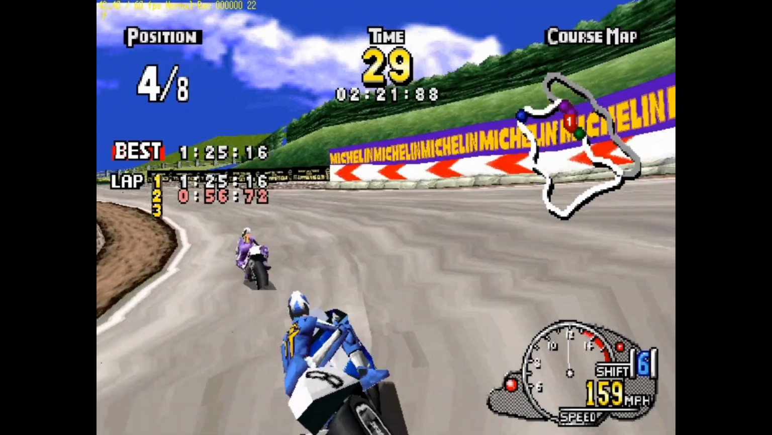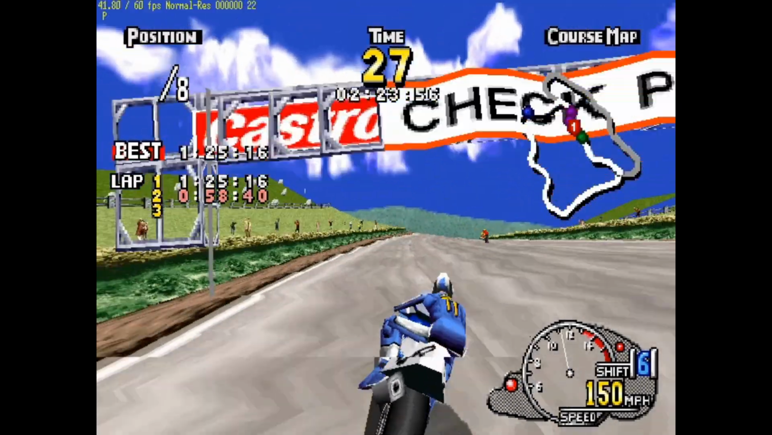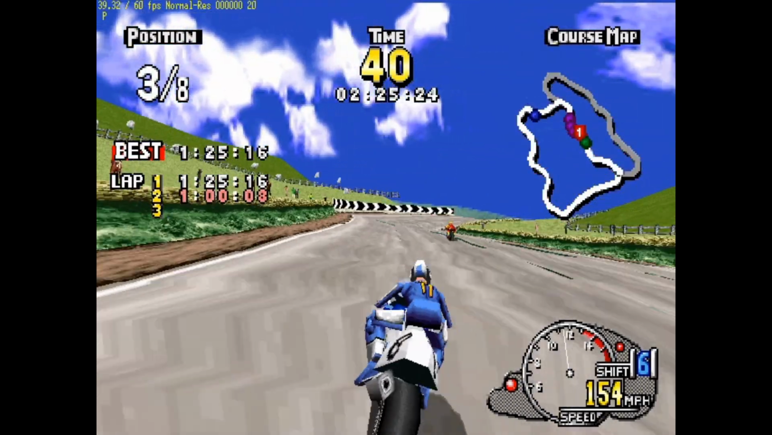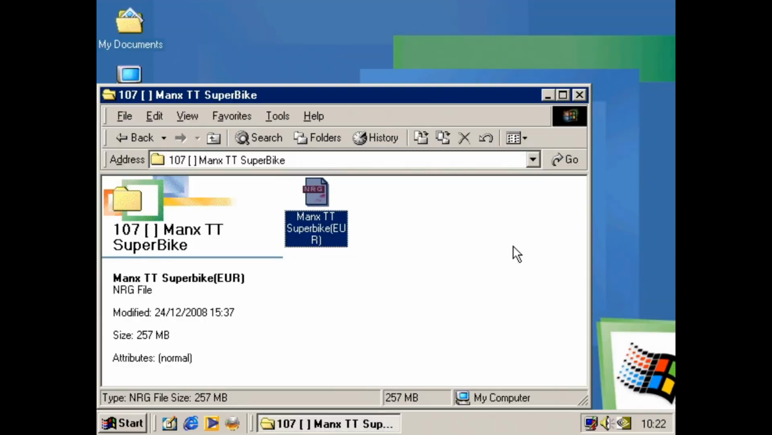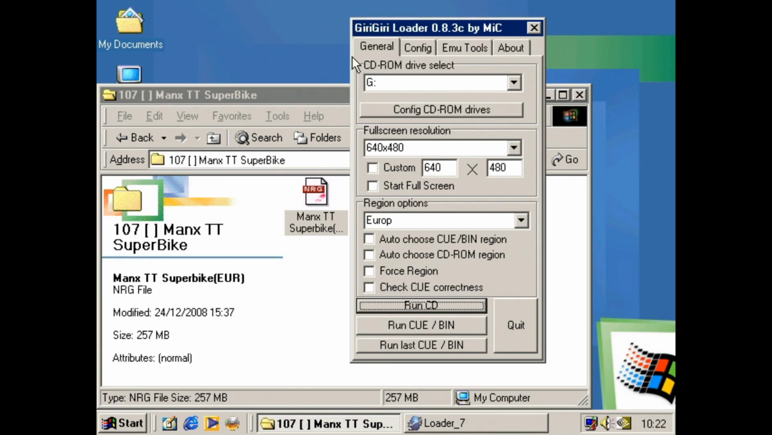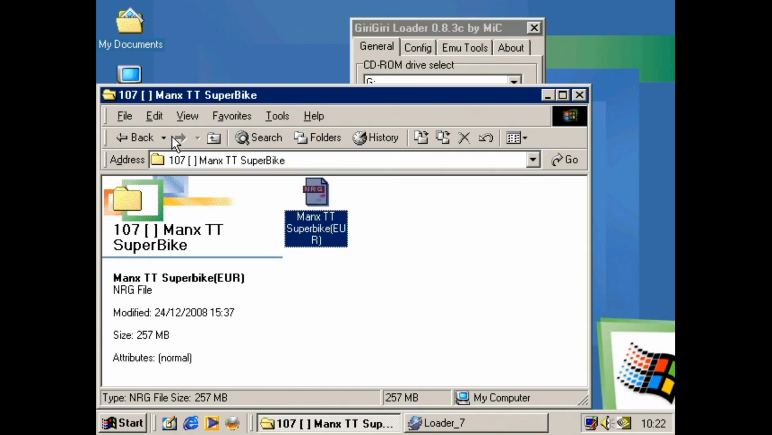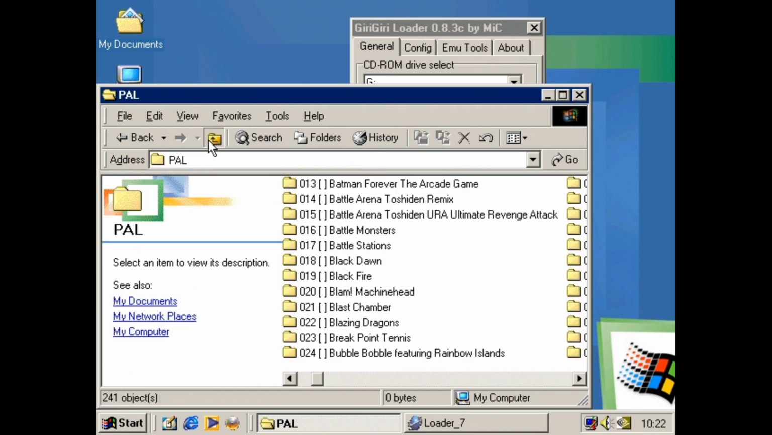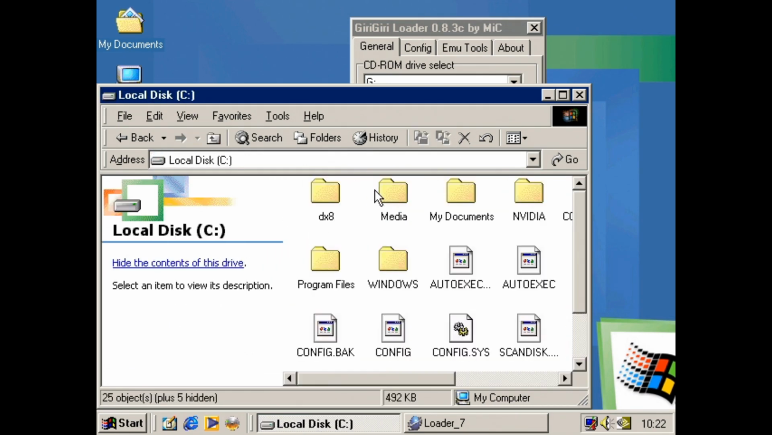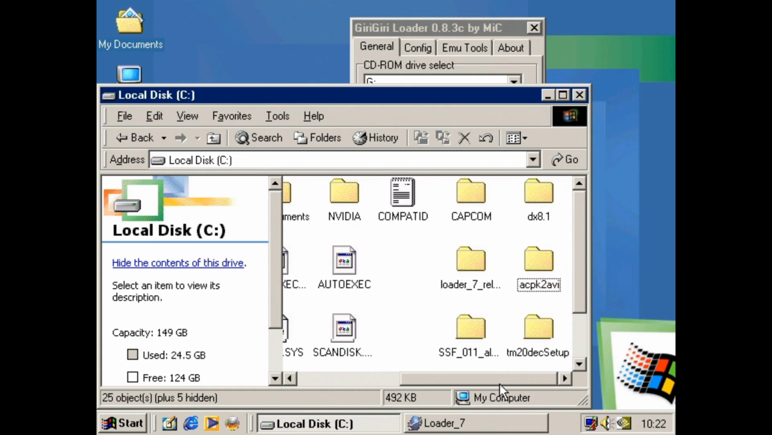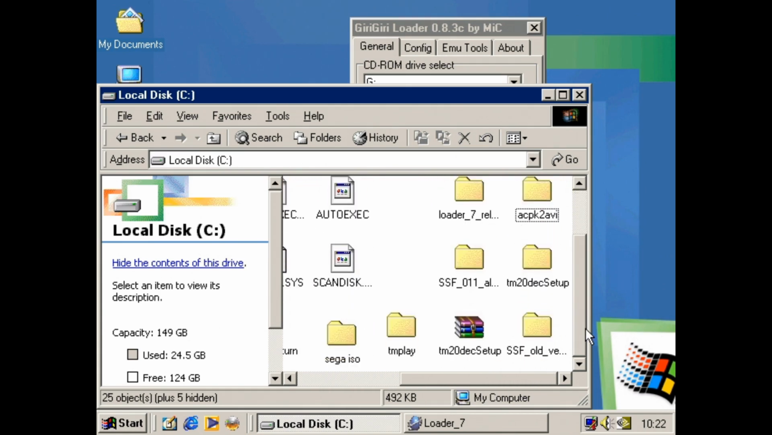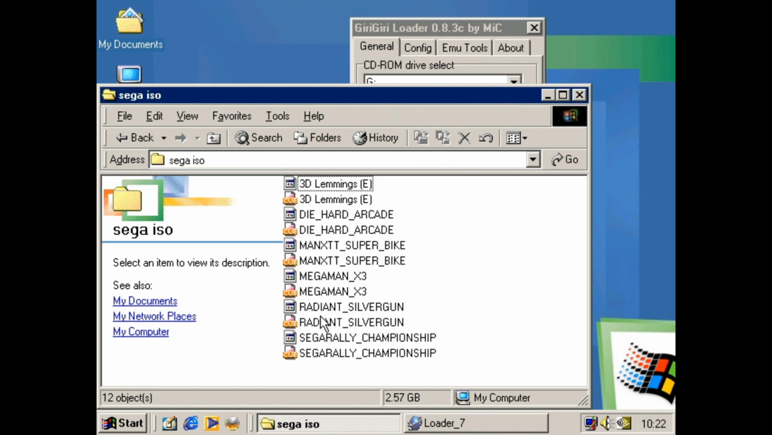So there you go, there's Manx TT. Let's try another one. So instead of a race game, let's think, on C drive, I have some old, yeah, let's try